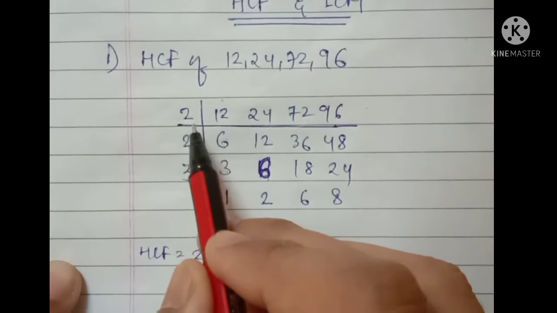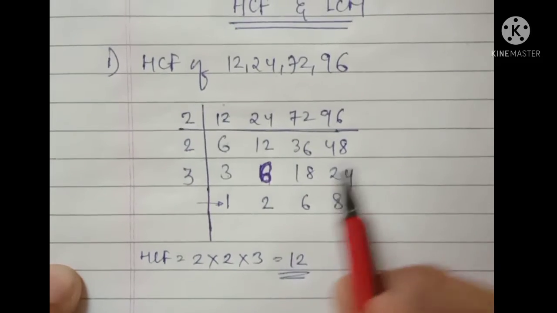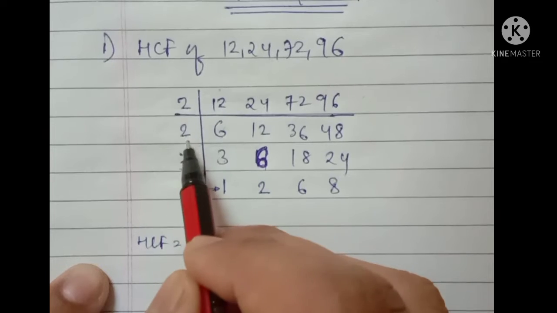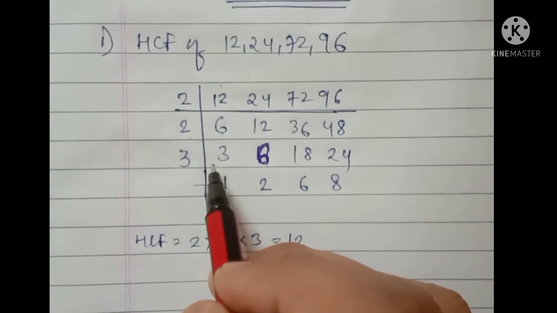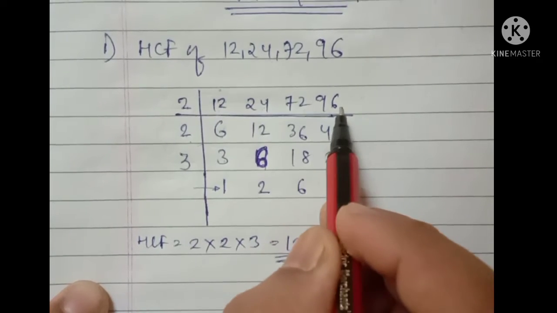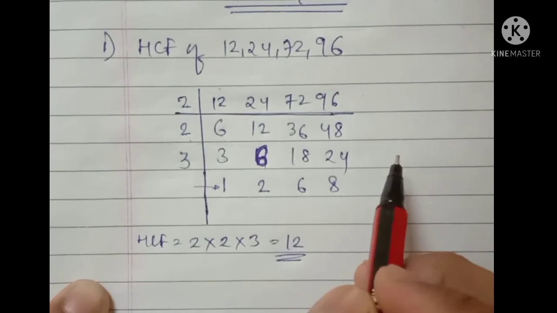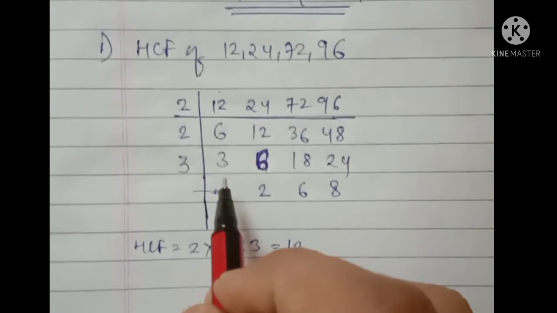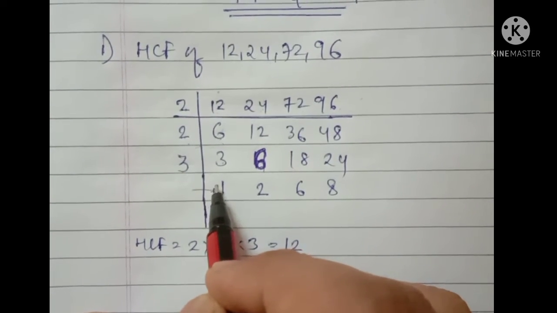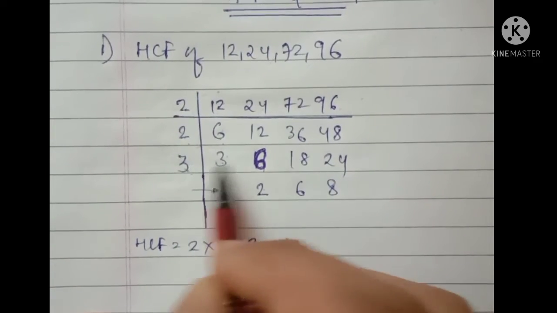2 6s are 12. What I did basically was 2 into 6, this gives 2 into this, 2 into this and so on. But see, you need to select a prime number that divides all the numbers. Like I chose 2, which divides 12, 24, 72 and 96 also. Same again I divide this. Again I choose 3. Why not 2? Because 3 is there, that's why I won't select 2. Clear? Then I choose 3, that's why 3 1s are 3, 3 2s are 6, 3 6s are 18, 3 8s are 24.